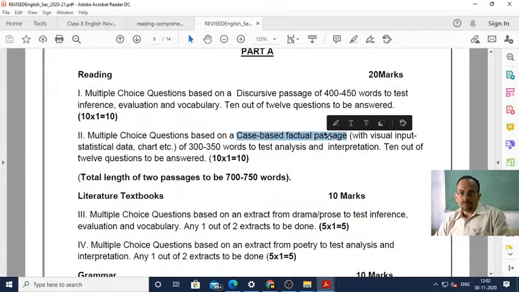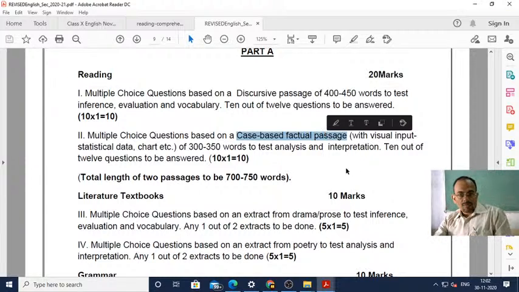Don't think in that manner, because even though they have given multiple choice questions, they will be mostly based on the application part and understanding part, not on the knowledge part. Direct questions are based on knowledge, but questions on reading skill will be based on application and understanding. Please remember that. You cannot answer all 10 questions casually. You need to think critically and analytically, only then will you be able to answer them correctly.